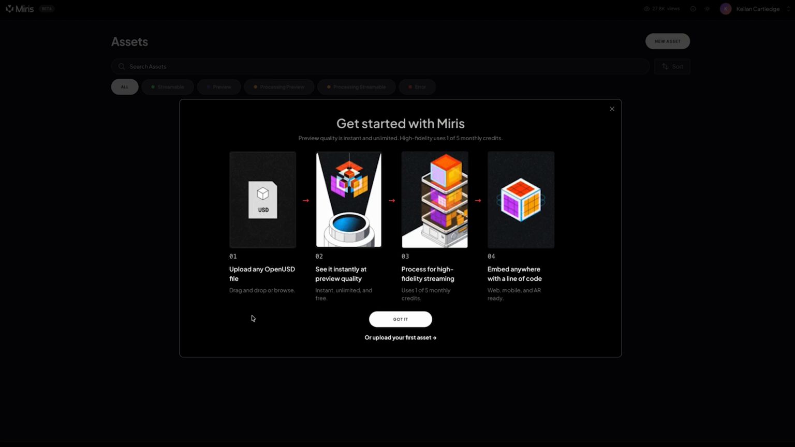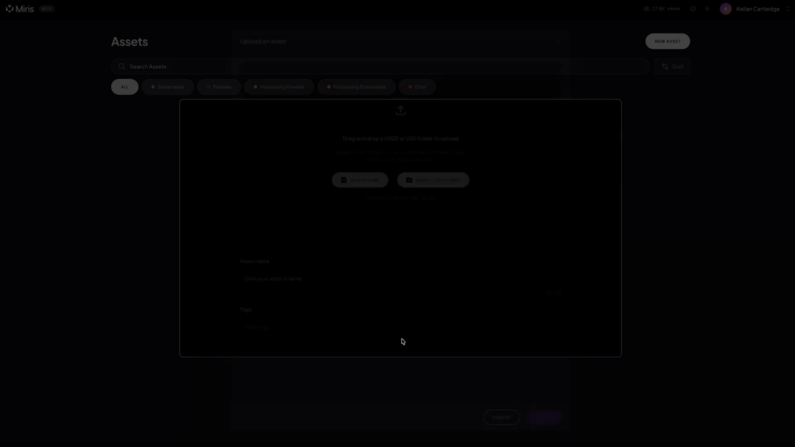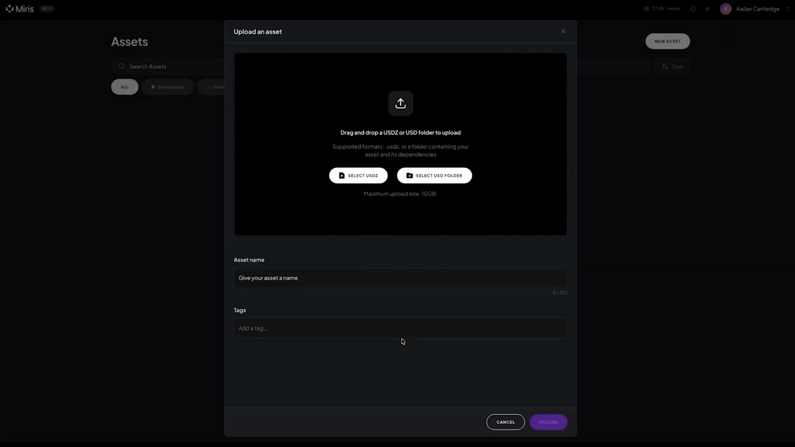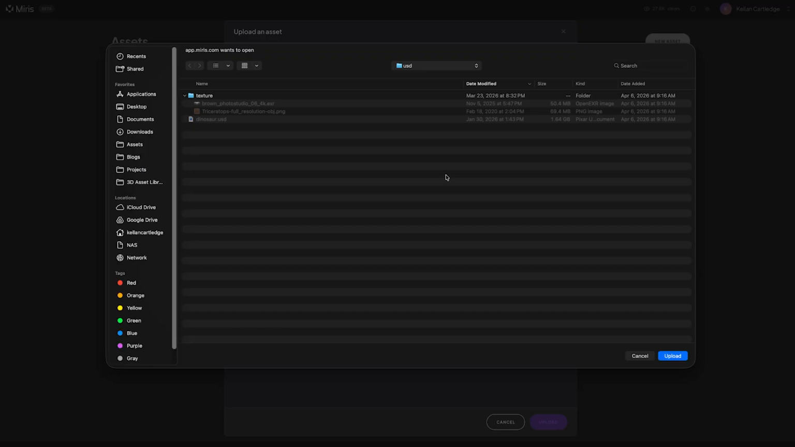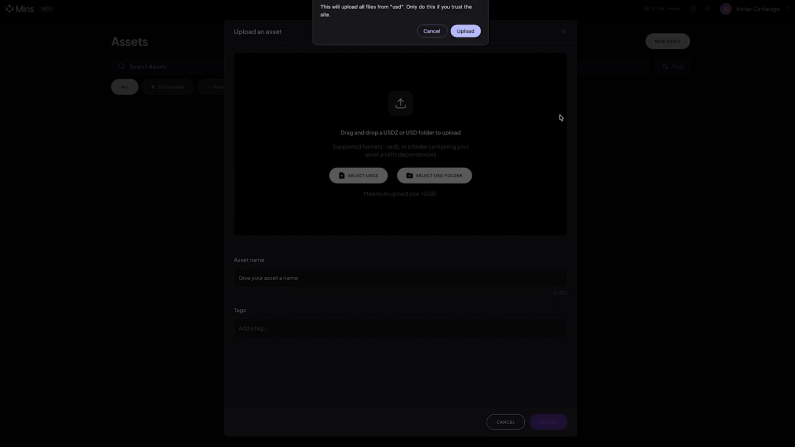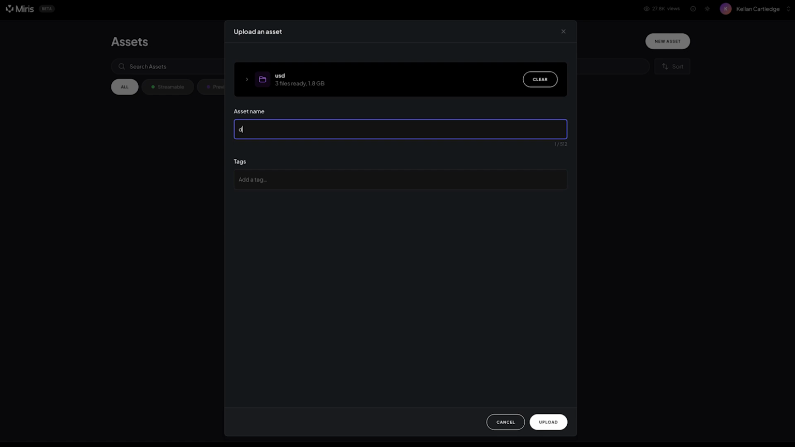We only need two things from the portal today: an uploaded asset and a viewer key. From the Getting Started guide, select the option to upload your first asset, or from the Assets page, click the New Asset button. This opens the upload modal. You can drag and drop a file in, or use one of the buttons to select a USD file or a USD folder. If your asset has multiple files, like a root USD file plus textures or other dependencies, upload the entire folder. Give your asset a descriptive name so you can find it later, and optionally add some tags